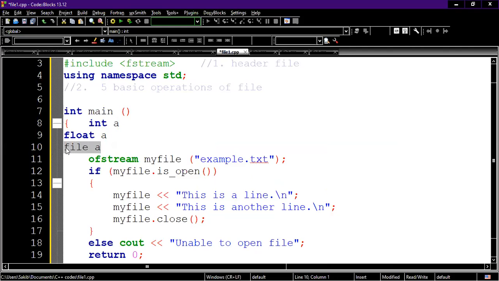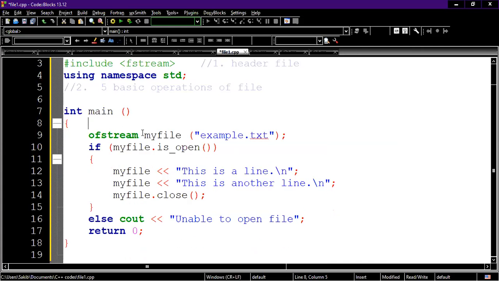Now depending on what you want to do, you can either use ofstream or ifstream. So for now, let's use ofstream myfile or a. You can use any of these. So this one handles an integer, this one handles a float, and this one handles a file. So we have declared a variable, and then we have written a command,